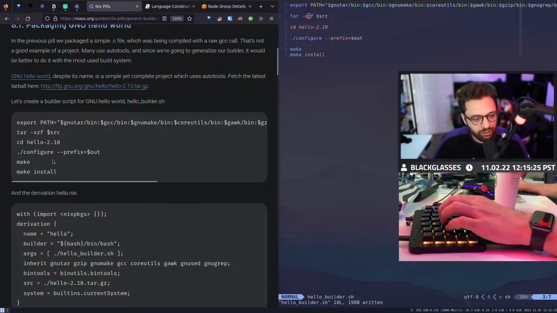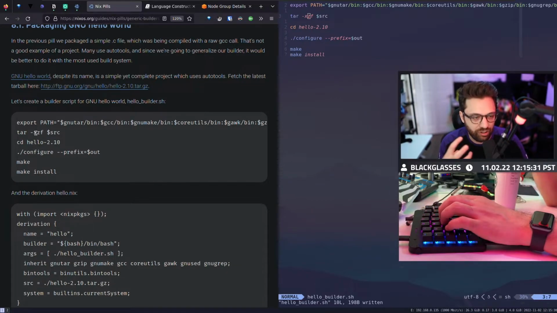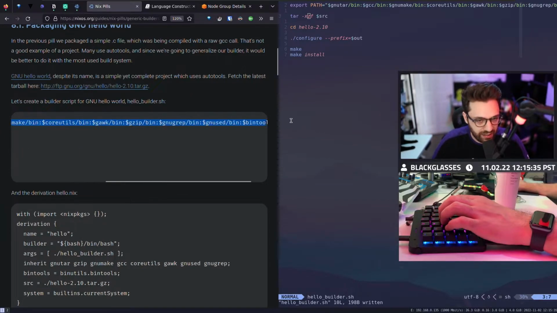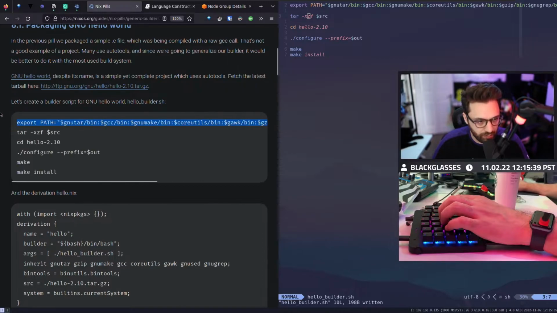And that's what we're really talking about here with Nix. We're saying we're going to use this shell script as a set of steps that we want it to always do, right? But it's just an interface. We're going to give it a path of dynamic variables that sets up the environment for all of the binaries we need. We're going to give it a source environment variable that references what we're actually trying to build, but then we're going to unzip it always the same way.